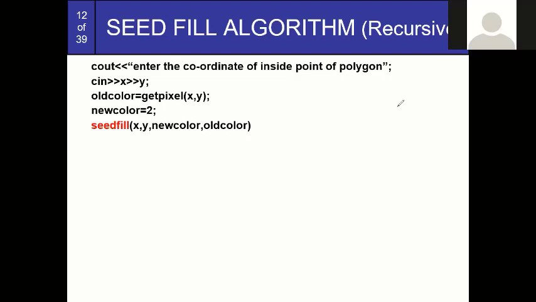Recursion means when a function calls itself. A function called itself in a function. Yes, you are correct. आता जर आपण एक फंक्शन घेतली, समजा माझी सीड फिल एक फंक्शन आहे, आता हीच फंक्शन